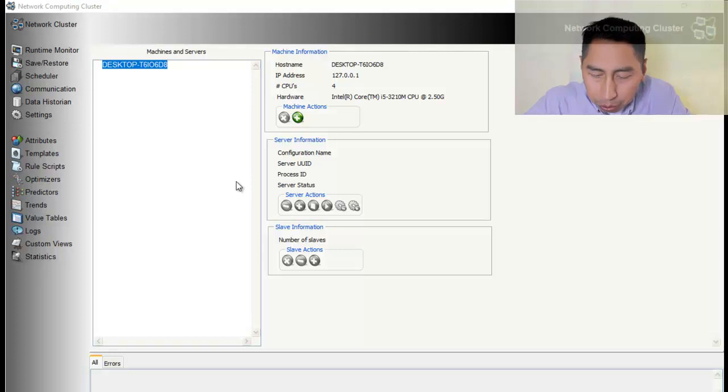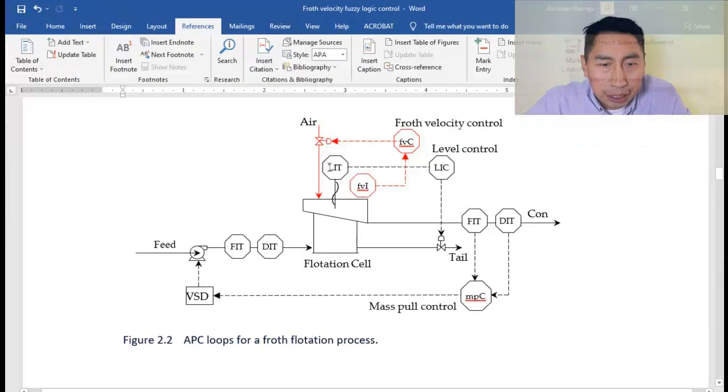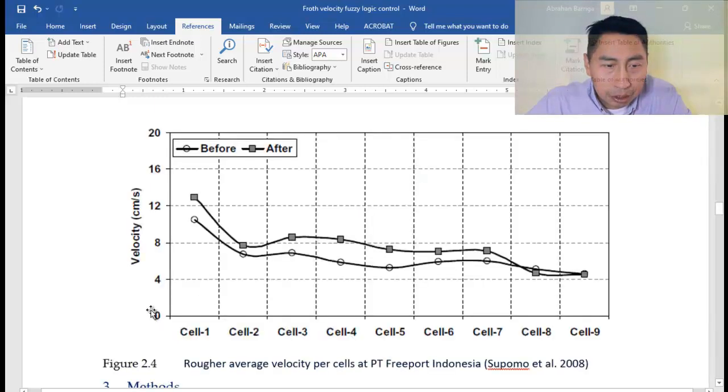In this video I'll show you how to use fuzzy logic control using KnowledgeScape. Basically what we have, for example, in a flotation cell is the classical level control, and now we have mass pull control, and today I'm going to simulate the float velocity control, which is acquired with a camera, and that controls the airflow into the cell. Usually the velocity of the float is from 0 to 20, and the valve opening will be considered from 0